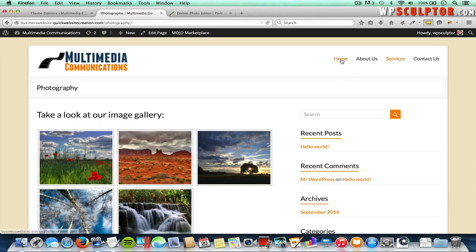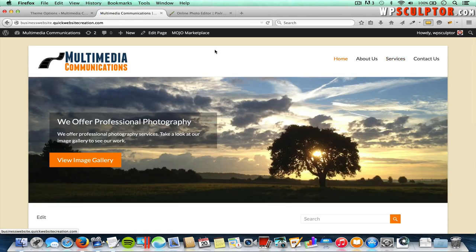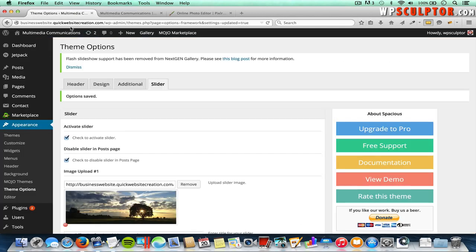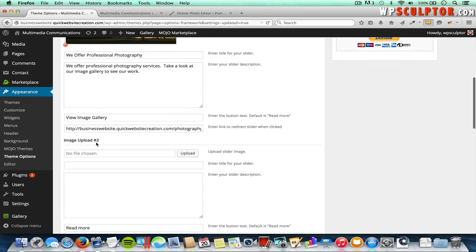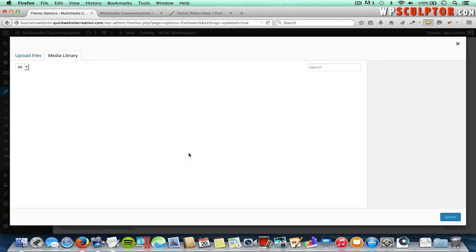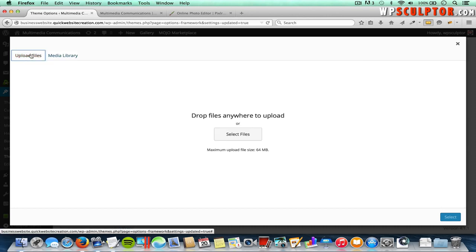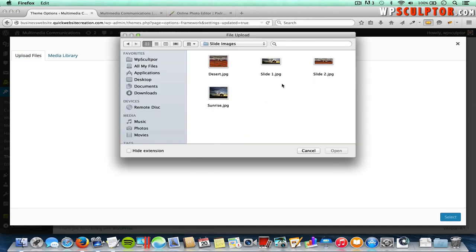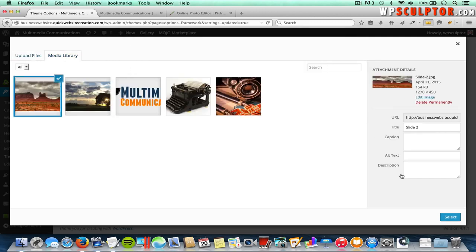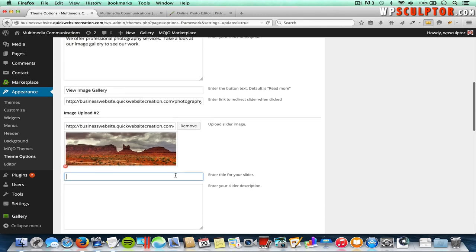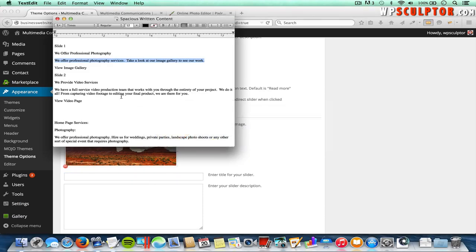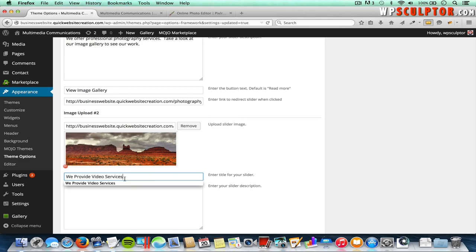But let's go back to our front page, and then let's go back to the back end and add our second slide by scrolling down. And under image upload number 2, we'll click on upload, and click on upload files, and then click on select files, and we'll click on our slide 2 image. And then we'll click on select, and then for the title I'll do the same thing, copy and paste some text in, paste that in,